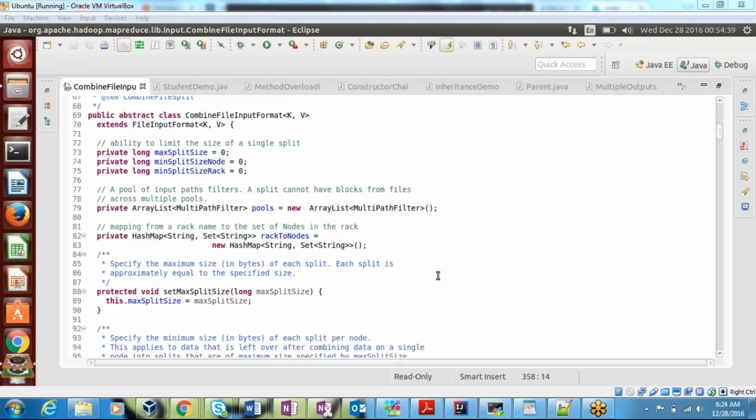So for that, instead of launching multiple mappers for a large number of small files, club them into one input format, bring them into one split, as many as is possible, then launch only one mapper for multiple files. Look at here, guys,